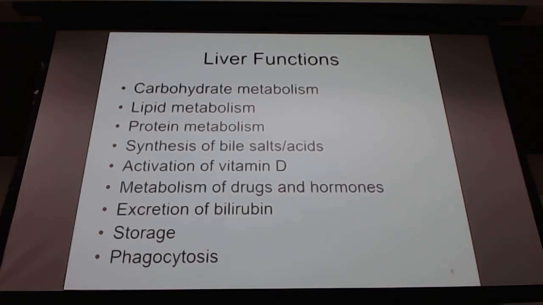We have synthesis of bile salts and acids, because what does the liver create? The liver creates bile, which helps with digestion of fats. Also activation of vitamin D, metabolism of drugs and hormones. That's going to be very important when we talk about liver toxicity. Then we also talk about the excretion of bilirubin. Also important for storage, and then